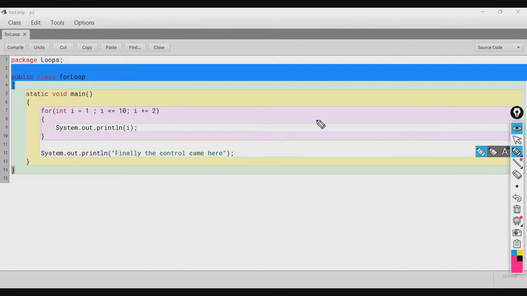So students, I have just added a statement here which prints finally the control came here. Okay. So the control will come here to this statement only when the loop has exited. So let us just see the output for this.